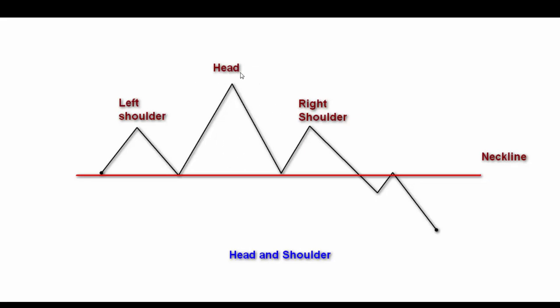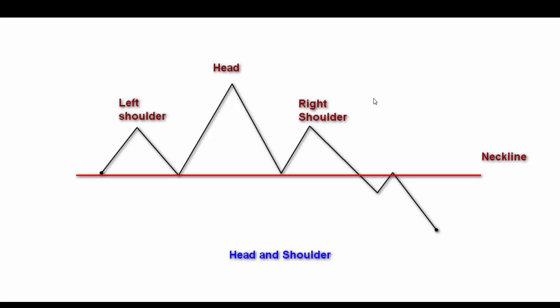What I mean by the middle one is the head. The head is always higher than the left shoulder and the right shoulder. So when the head and shoulders is formed within an uptrend, the head will be higher than the left shoulder and the right shoulder, and when the chart pattern happens within a downtrend, the head will be lower than the left shoulder and the right shoulder. And you want to really try to understand these